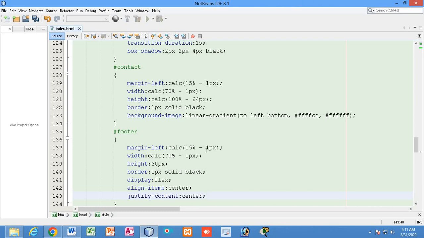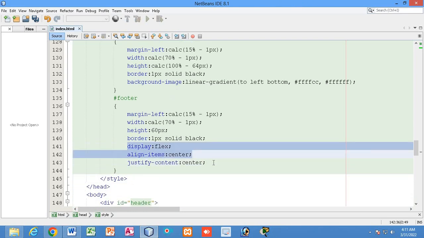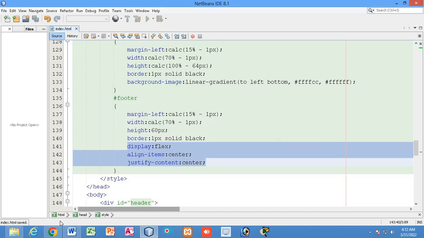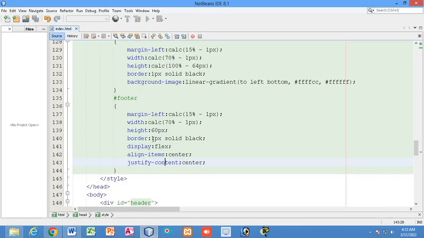By the combination of these three CSS properties, we can simply get this footer text to appear right at the vertical as well as horizontal center.